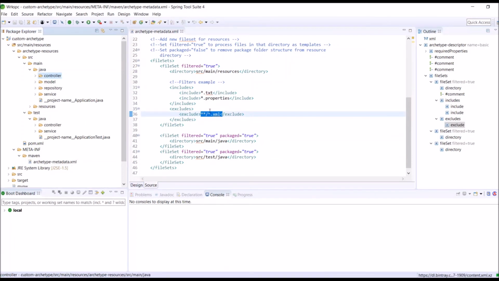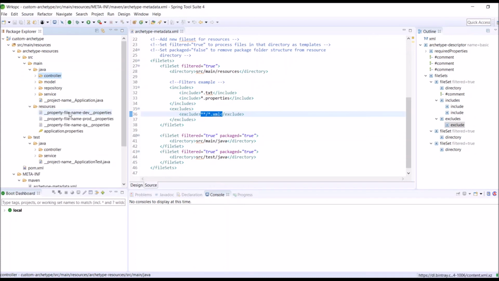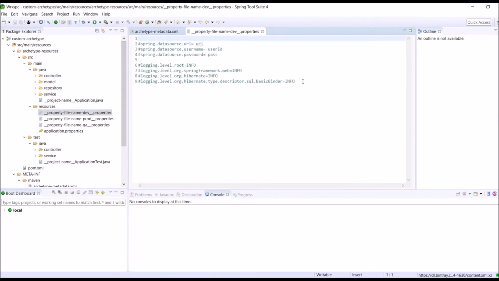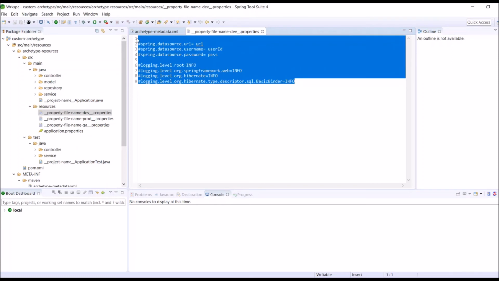Let's see our prototype files. Here we have added controller folder, model, repository, service, and similarly in test we have controller and service, and inside resources we have environment specific properties files. And in this property file, for example dev, I have pre-populated all the values.